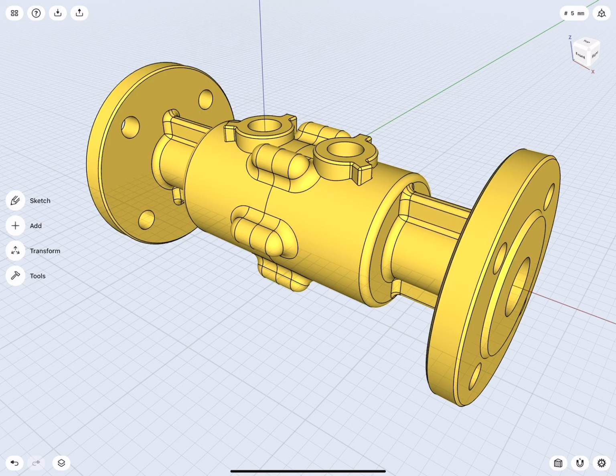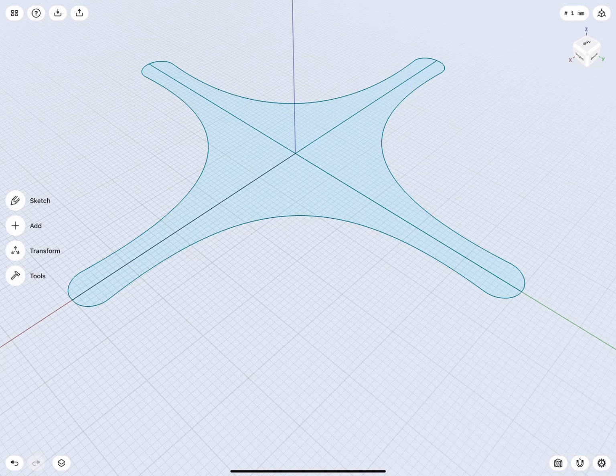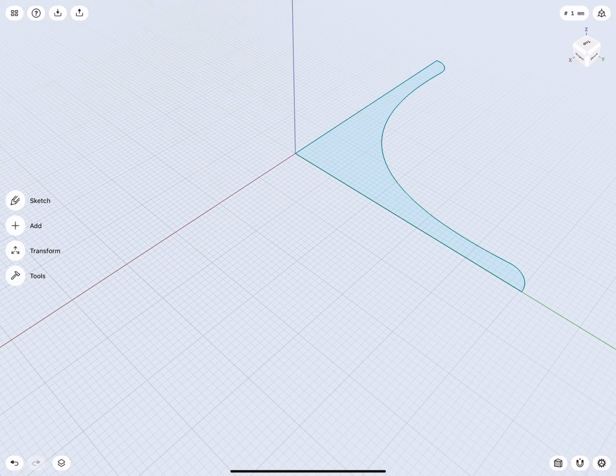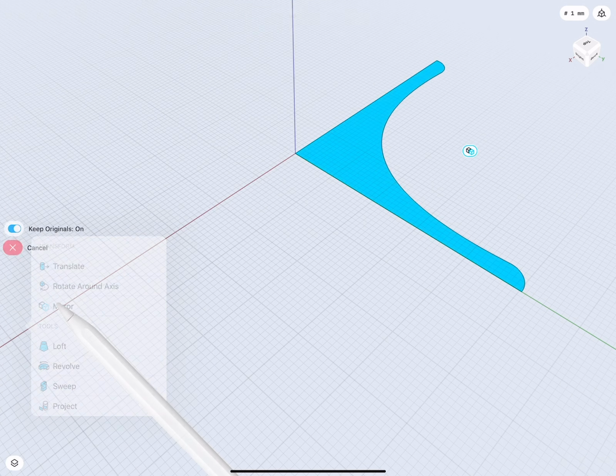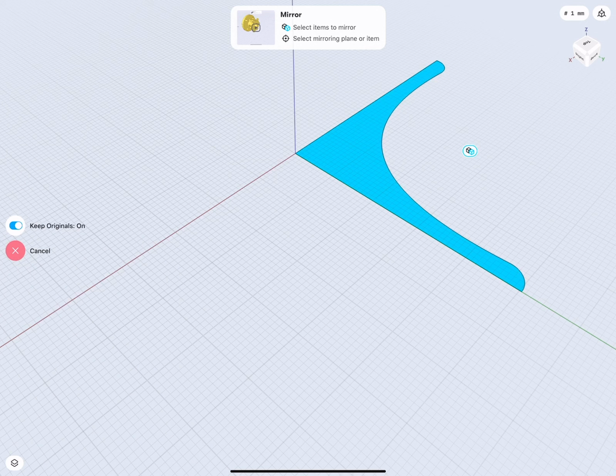Now what's also very useful is mirror not only works for 3D bodies, but works for my sketches as well. So taking a look at this fairly complicated sketch, for example, we might notice that it is fairly symmetric, and thus the mirror tool could be very useful here. So to create this sketch, for example, I could have just started off with, say, a quarter of the sketch like this, tap to select this portion of the sketch, go to my mirror tool,